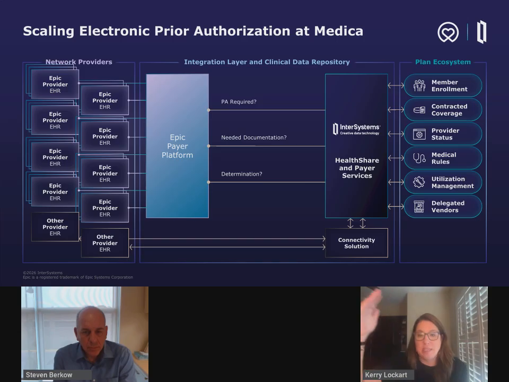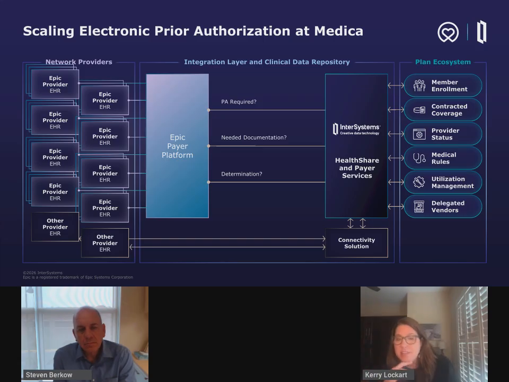And then on top of that, you have this ability now, when you're connected to the plan's ecosystem, to rip and replace pieces as needed, right? There's a new part of the ecosystem that needs to be changed. It doesn't mean rebuilding the entire solution. It means pulling one piece out and replacing it as needed.